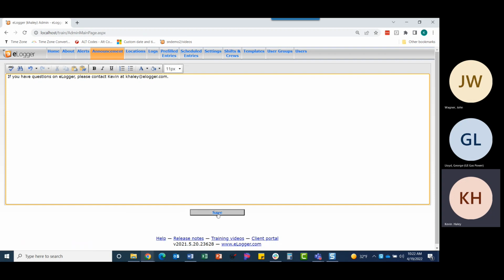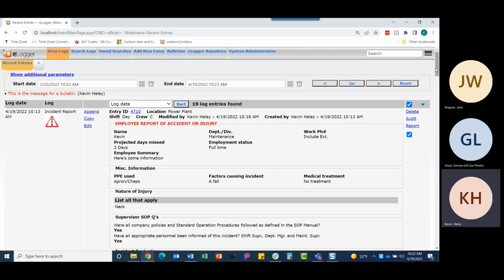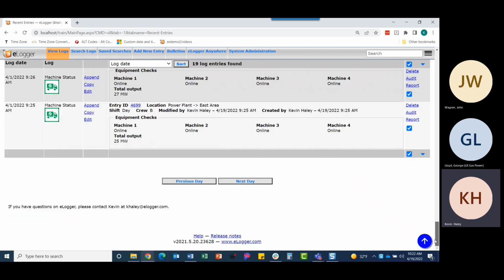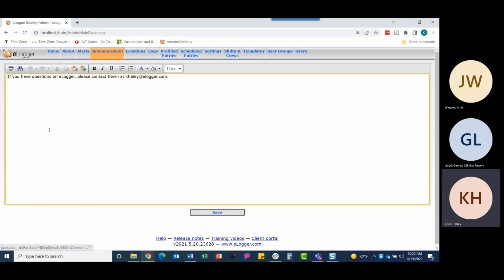So then if I save this, I can go back home, and on the bottom of every user tab, I'm on the view logs page right now, there's the announcement there on the bottom. If I go to the add new entry tab, it's on the bottom of that page as well. So you can kind of create multiples, but if I go back into the announcement, there's no add new functionality. So if I want to create another bulletin, I have to just edit what's in here. I could hit enter a couple of times. I've kind of seen this